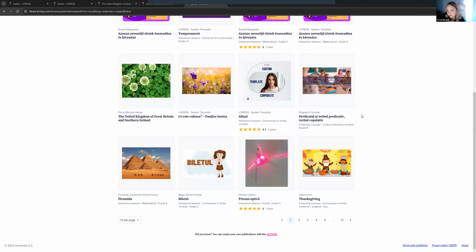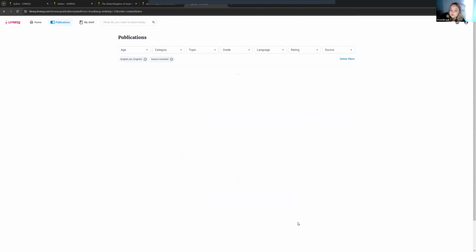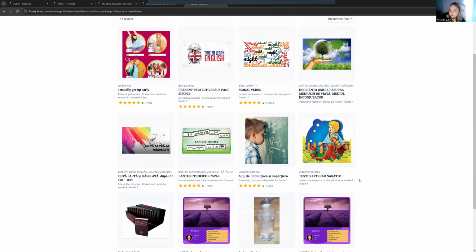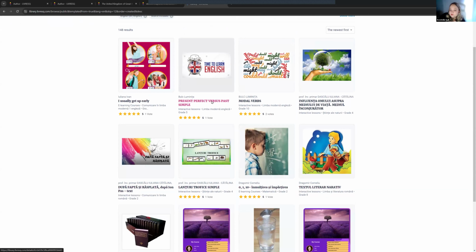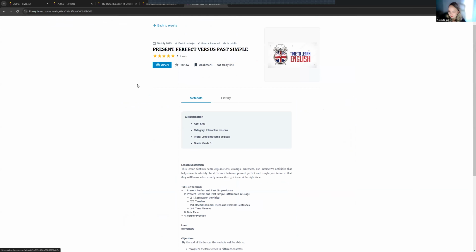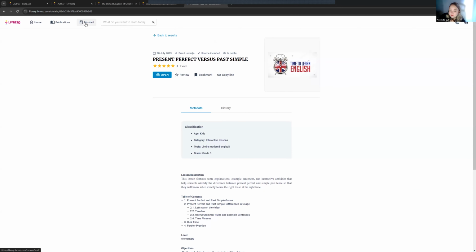And of course, you need to have an account in order to be able to edit that project, in order to see that button. But if you just want to access the lesson, to view it, to use it maybe, then you just need to open the lesson using this link. And again, if you want to do the same thing with your projects, once you've published them in your shelf, you have that button to request publication, which will send the lesson to us. It doesn't usually take very long. Again, we just very quickly check for inappropriate content, and then your lesson will be public and will be discoverable